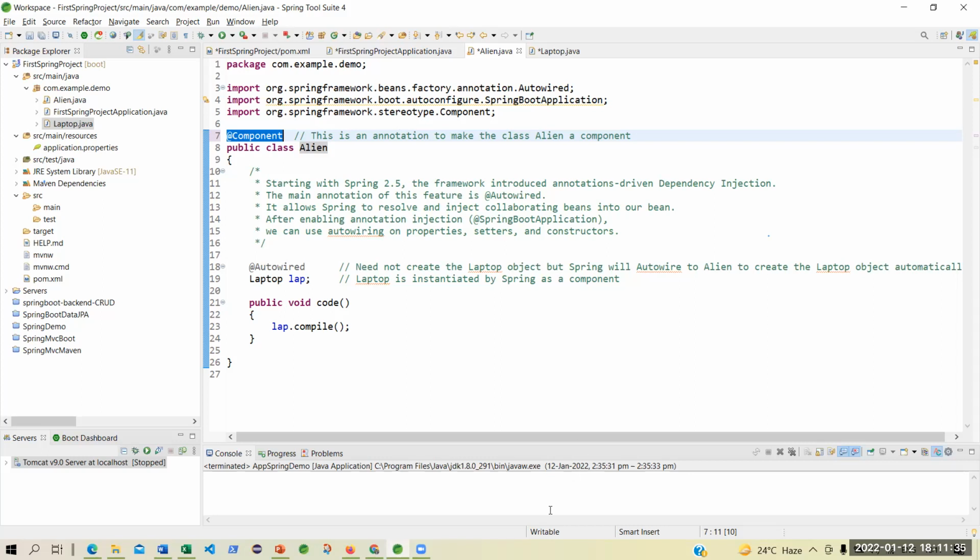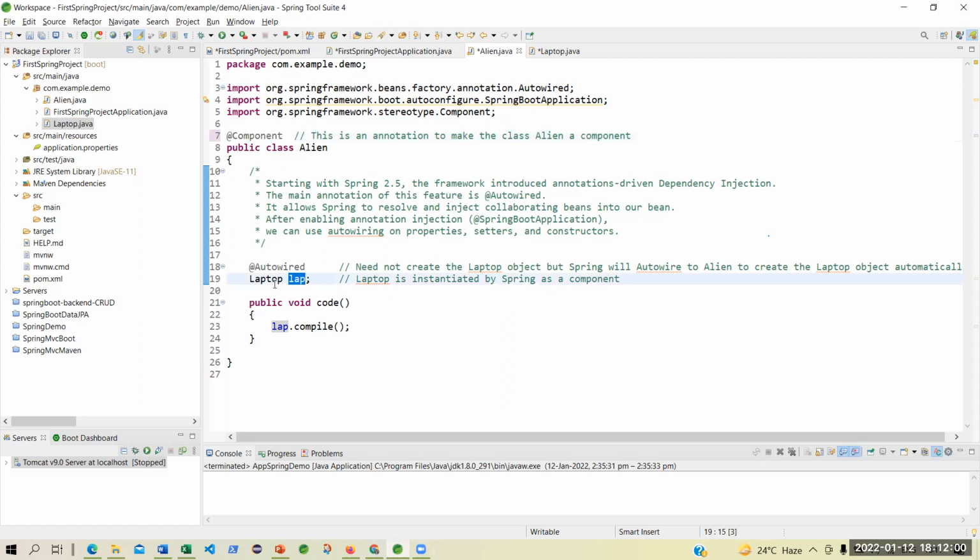That is very bad. Are you getting what I'm trying to arrive at? Why Spring Boot is so important for us? Because the memory management and everything will be managed by Spring Boot.